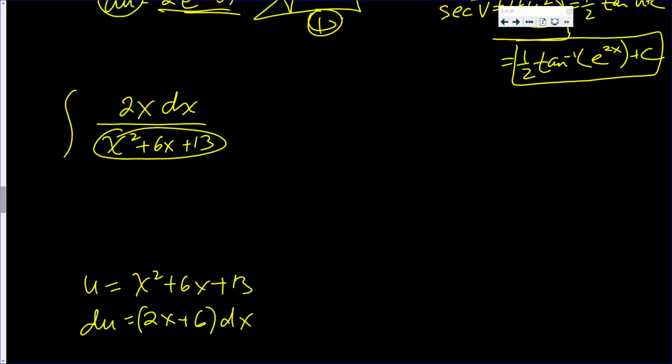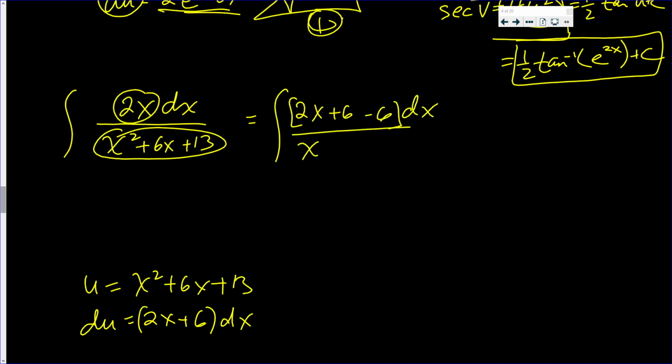Well, you have the 2x, you don't have the plus 6. Now if you want to, 2x is equal to 2x plus 6 minus 6 dx all over x squared plus 6x plus 13,